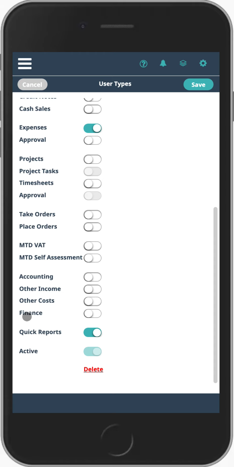This is where you set up your financial years underneath the finance side, and then we've got quick reports. So in a lot of the videos you'll have seen at the bottom of the list of contacts, or the list of estimates, or the list of invoices, you'll see a little reporting icon, a quick reporting icon. You can enable or disable reporting for a type of user. So that's quite powerful. And then once again, you can deactivate this entire profile by simply clicking this off. Okay,